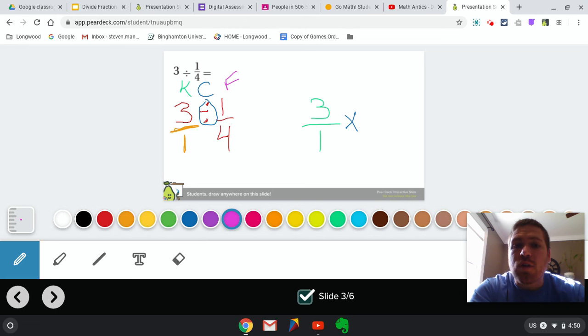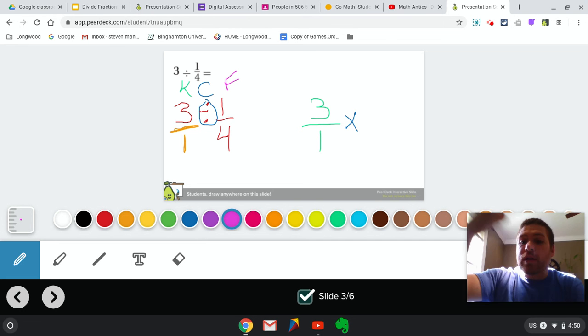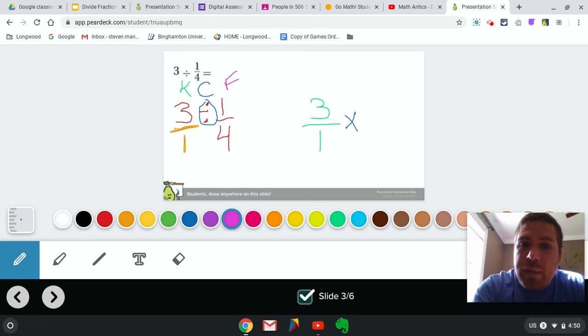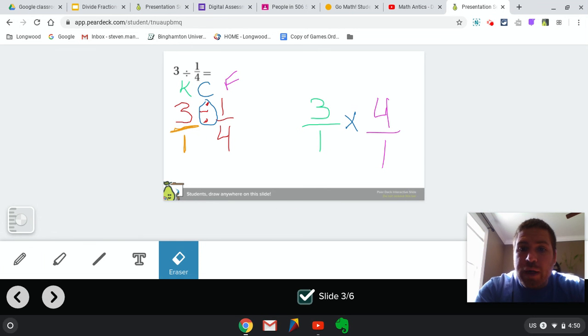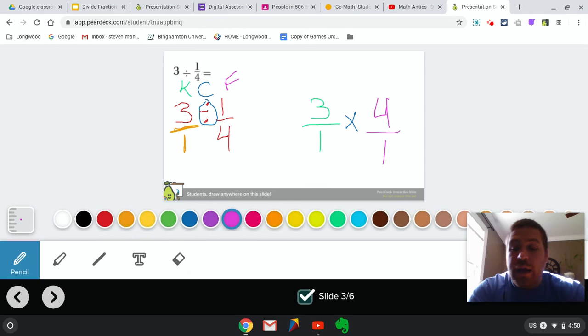the guy in Math Antics talked about, which was just taking the denominator and the numerator and flipping it over, right? So instead of having 1/4, I'm going to make my numerator 4 and my denominator 1. And now I have a multiplying fractions question here, and that's all I'm going to do. I'm going to take this new multiplication problem and multiply, right? So we know from before we can multiply numerators, which 3, I'm going to put my answer